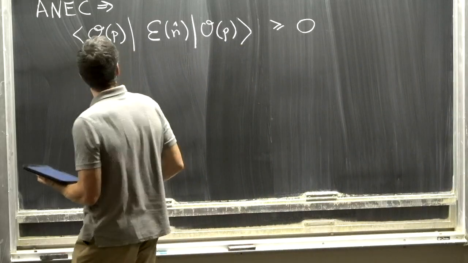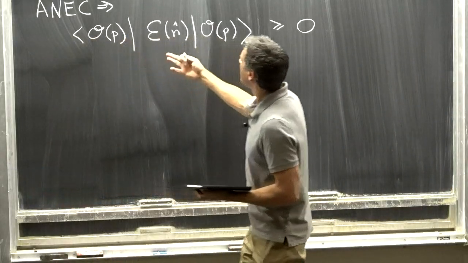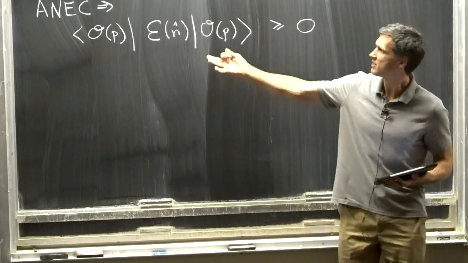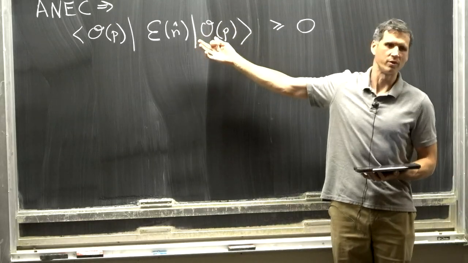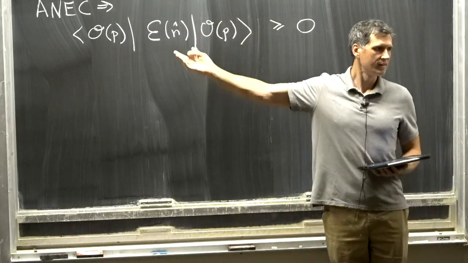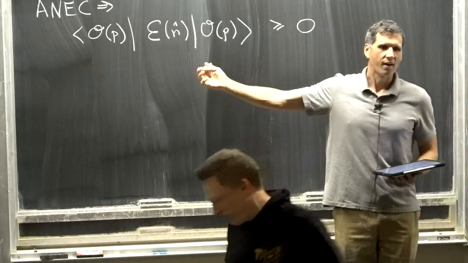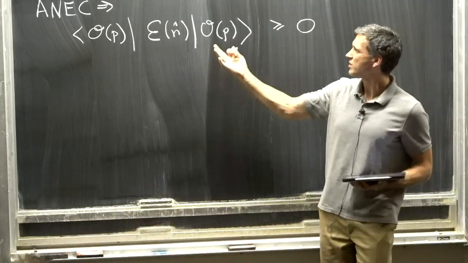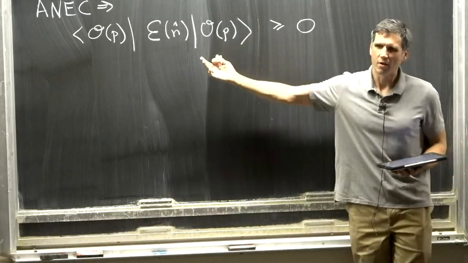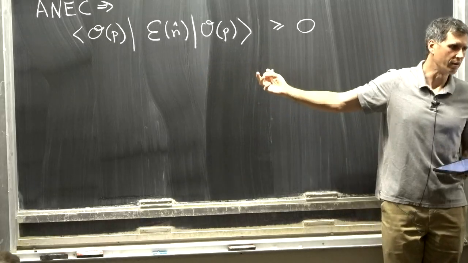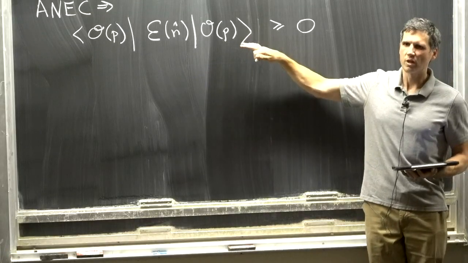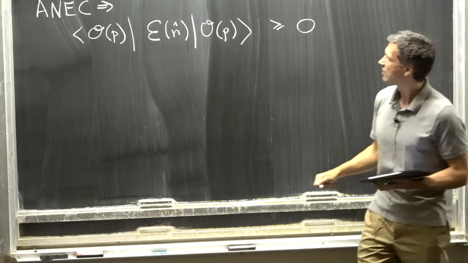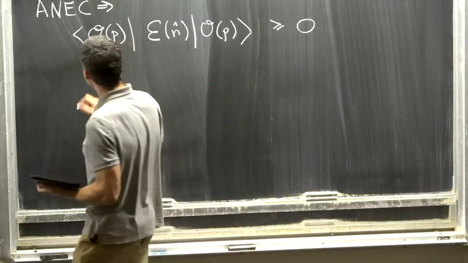To simplify this, in a conformal field theory, this is now just some integrated three-point function. So where we're headed with this is some integrated three-point function. And therefore, we can use this inequality to derive bounds on three-point functions in conformal field theory. That's what we're going to do. Let me first simplify this a little bit, write it a little bit more explicitly.